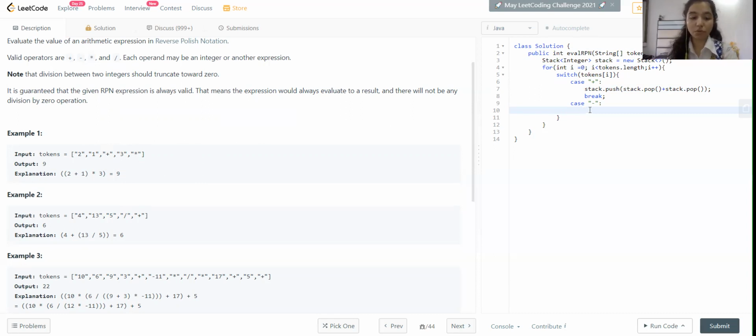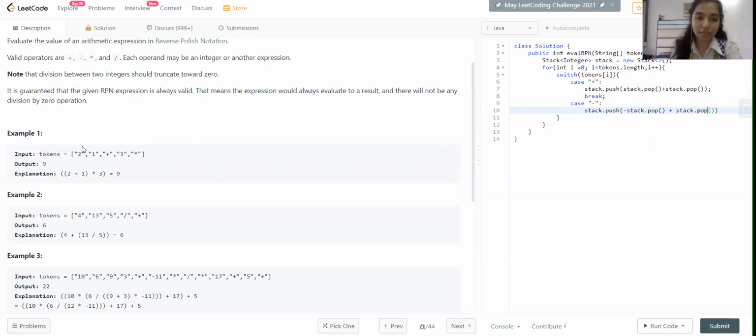To avoid that, we do stack dot push of negation of stack dot pop, which means we negate the first popped element, and then add stack dot pop, the next element.